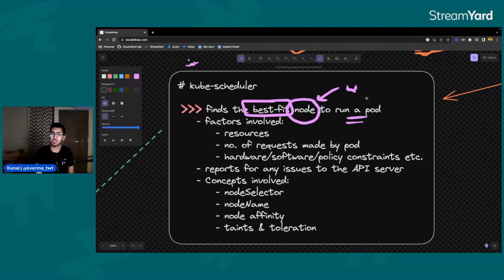And assume you didn't even hear about pod, assume that it's the containerized app that you have. That could be a Next.js app, a Node.js app, or maybe a Django application. So it finds the best fit machine to run your containerized application, to run your particular app.